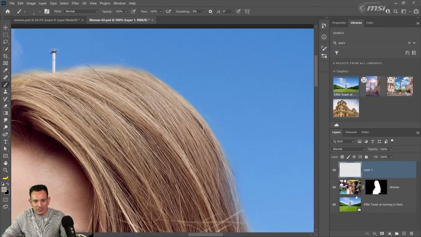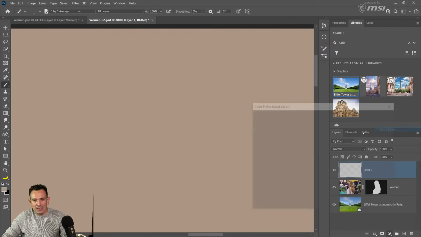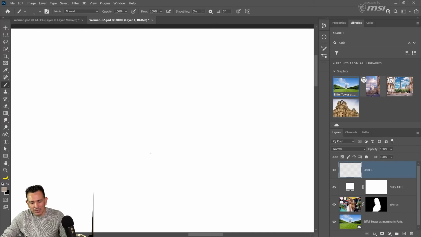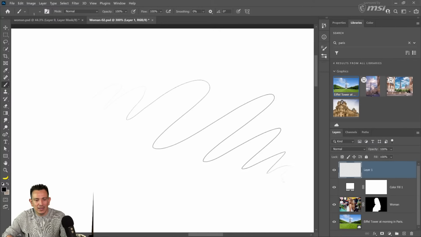Actually, let me just do it with a solid white background and in a new layer with black so that you can see what I'm doing. So notice how I can just have these little thin lines, and the more that I put pressure on the pen, the more those lines show. So then this will help me create flyaway hairs that will be better for my composite than